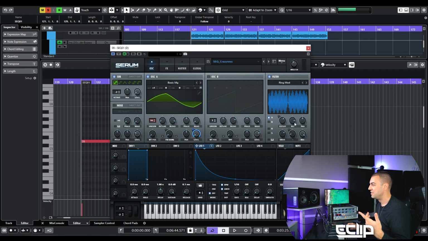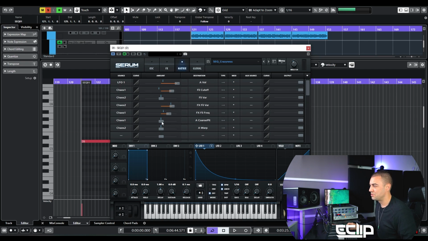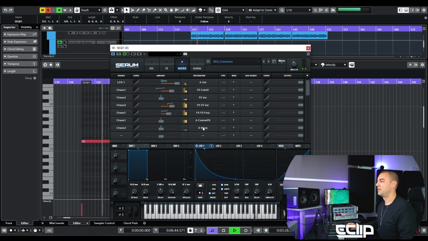Then I have drive, but in general it's a standard one. I also tried to implement a little bit of pitching on the coarse pitch, but I decided to keep it just like this. And now I'm going to move to the time plugins and how I used them to create something interesting like